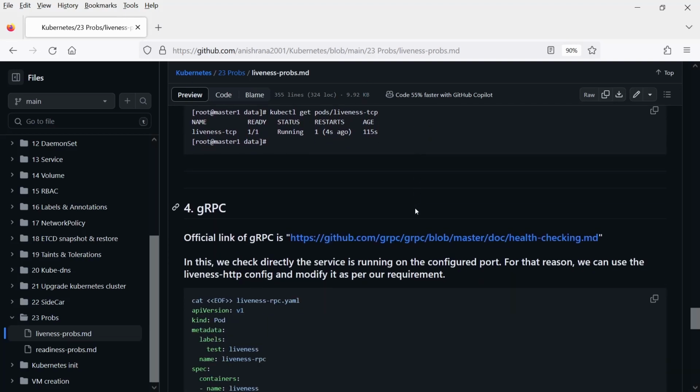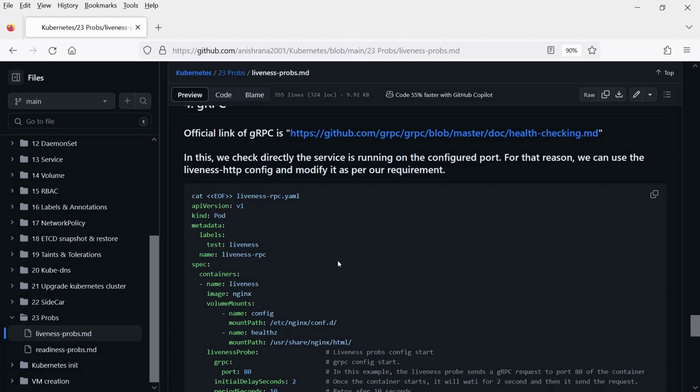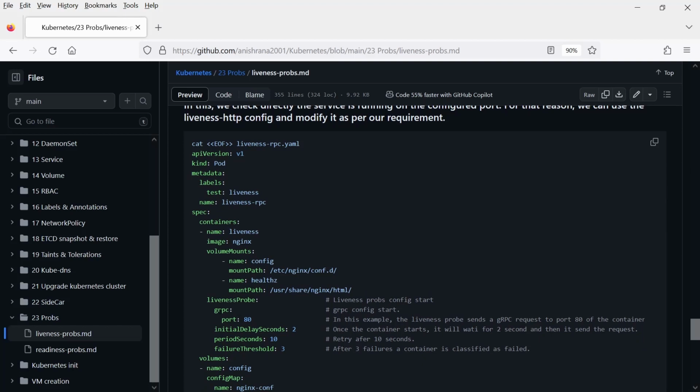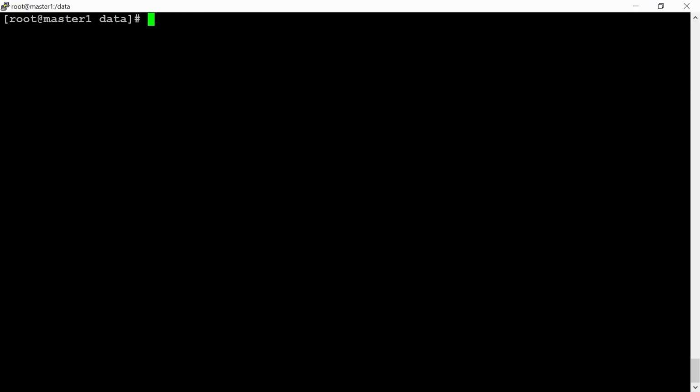This is for your reference here. Official link page for gRPC services. You can check this website if you want. In this, we can check directly whether the service is running on this configured pod here. And here I used the same pod YAML manifest file, and it is running on port number 80. Let me copy here. Sometimes it works, sometimes not. To be very honest. Control C,